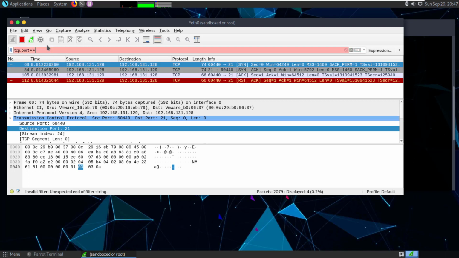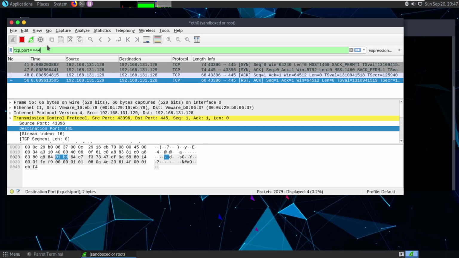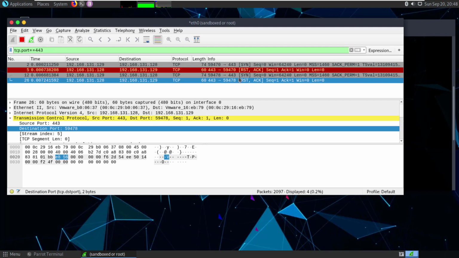Even you will find all the things. 445. Even you can remember now that 443 was not open, right? So let's filter 443 now. Can you see the difference here? What is the difference? The difference is very clear: the SYN packet was sent from 129 to 128, which means from Parrot to Metasploitable. Because that port is closed, Metasploitable is replying to Parrot that this port is not open, so a reset packet is there. It means resetting the connection, meaning the connection has not been established through port number 443. So the reset flag has been used.